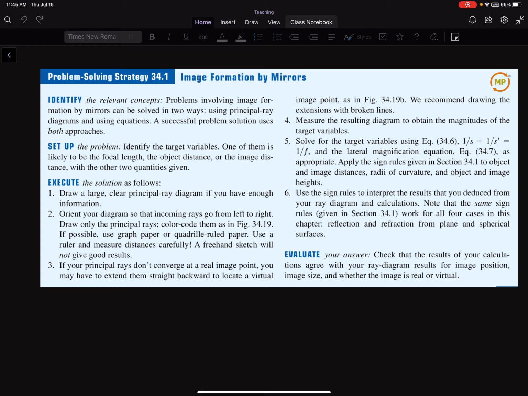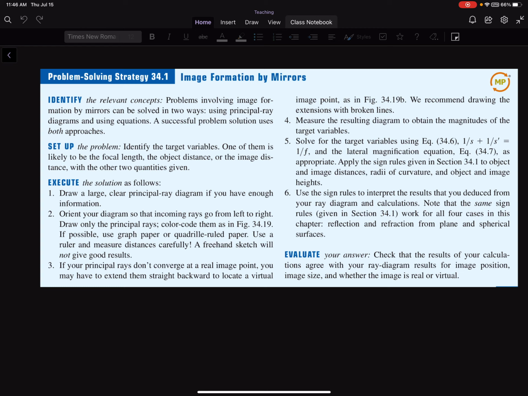Or, if you're going with the equation approach, or if you're going with both, solve for the target variables using the equations that we wrote down. So 1 over the object distance plus 1 over the image distance is equal to 1 over the focal length. And the lateral magnification equation, which is that y prime over y, as appropriate. Apply the sign rules that we went over, the 3 sign rules, to object distance, image distance, and radius of curvature,